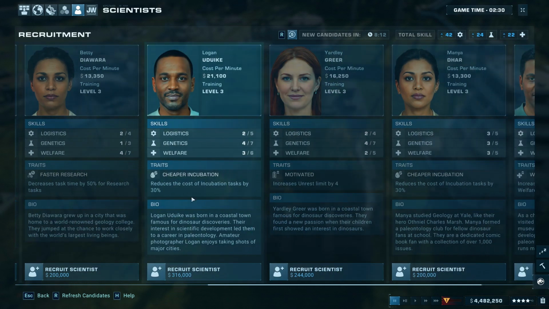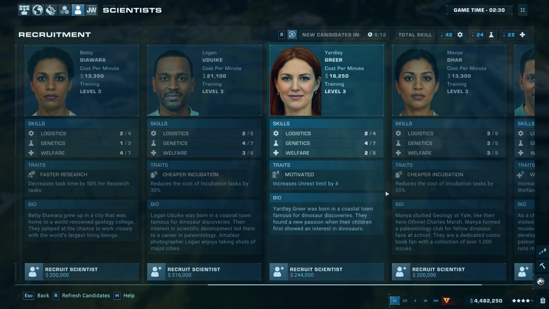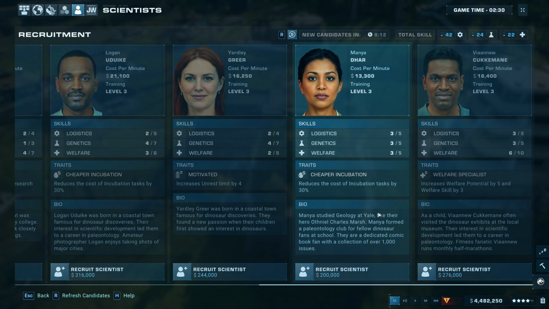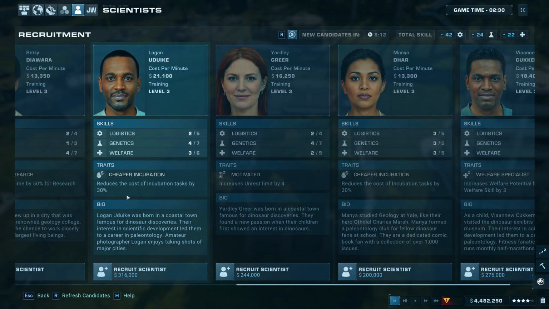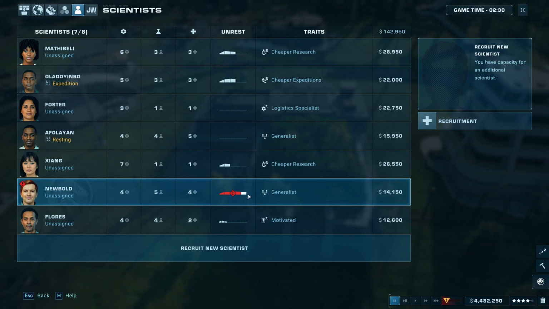Cheaper incubation. You have a decent... You can get up to 6. Cheaper. Fine, you're better than that one. You might be worth it. Yeah, you could be worth it. But